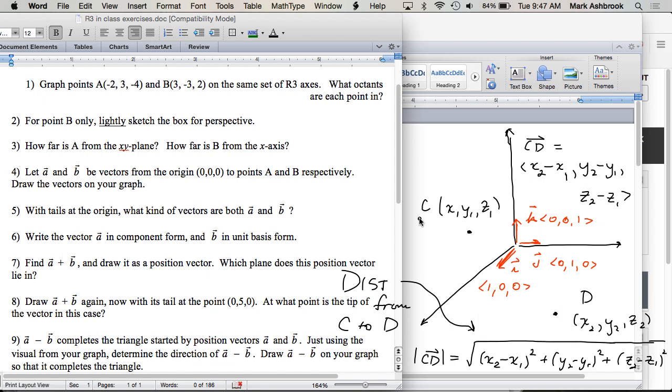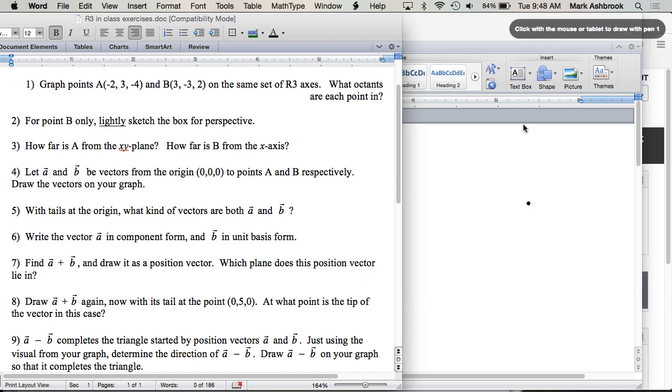Does that make sense? You see how it's both, right? If you're talking about a vector, it's the magnitude of the vector. If you're focused on the 2 points, it's the distance between the 2 points. Same value. Questions about that? Okay, well, that being said,